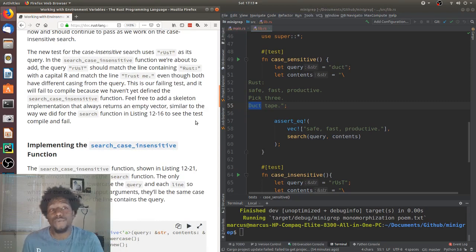The new test for the case insensitive search uses Rust as its query. In the search case insensitive function we're about to add, the query Rust should match the line containing Rust with a capital R, and match the line "trust me", even though both have different casing from the query. This is our failing test, and it will fail to compile because we haven't yet defined the search case insensitive